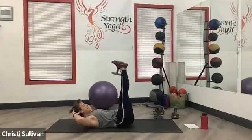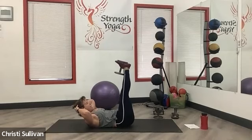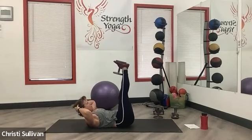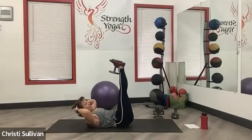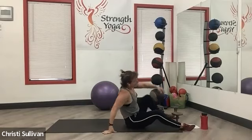Knees above the hips, head up, lift and lower. Notice I'm not moving my upper body. And again, this is a position where your mouth is closed. Mine's open because I am cueing. It's a small move. Notice I'm barely moving off the floor. There's a slight movement inward, but it's not excessive because I'm not after that height. And then your